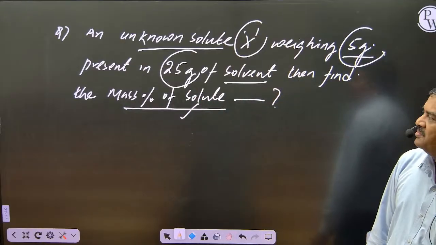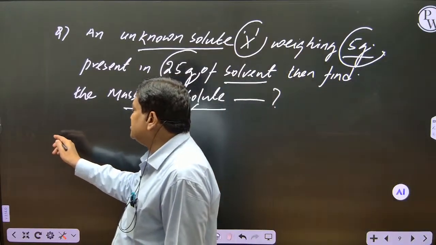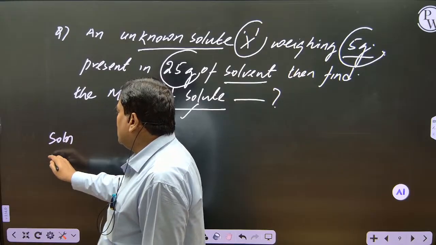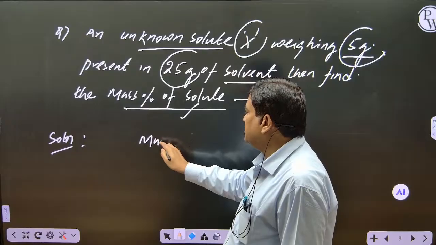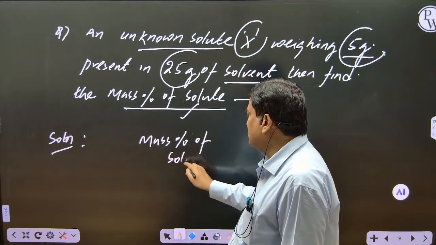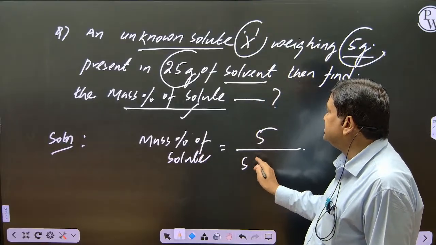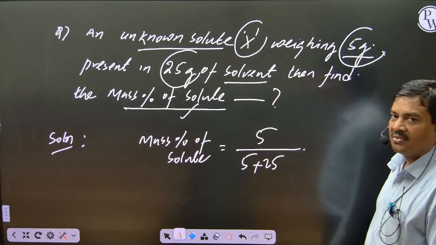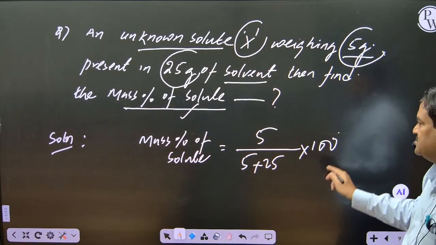Think over how you approach. Simple, no? So, how do we get mass percentage of solute, students? Make a note: mass percent of solute is equal to mass of solute, given 5, by 5 plus 25, the total mass of the solution, into 100. That comes to 5 by 30